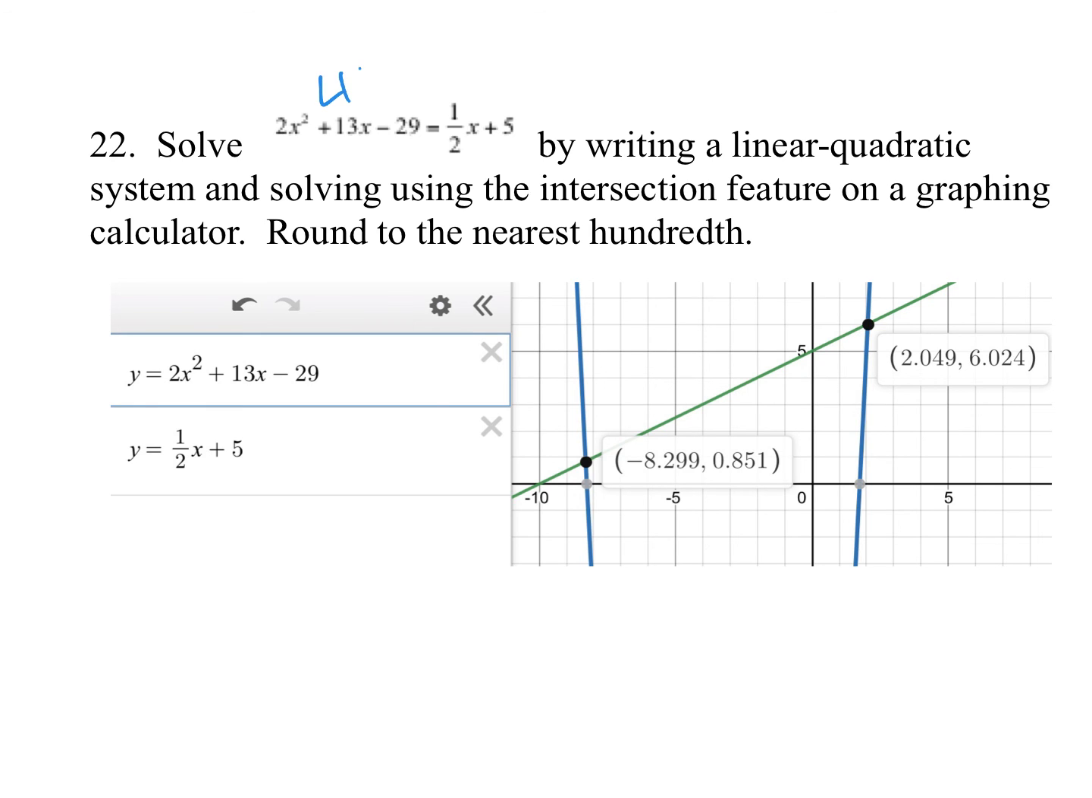All right, last one, and all we have to do here is type this bad boy into Desmos. Left-hand side goes in as a y equals, and the right-hand side goes in as a y equals. So that's what I have right here and right here. And then we're looking at rounding to the nearest tenth. So this is going to be